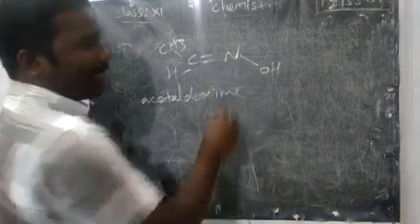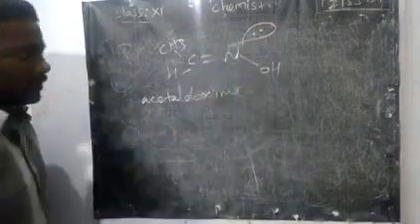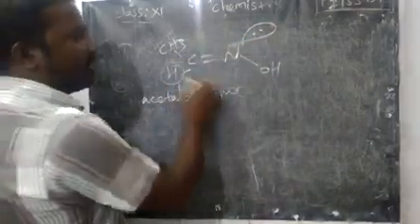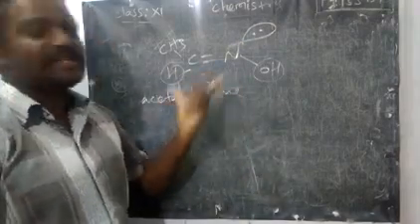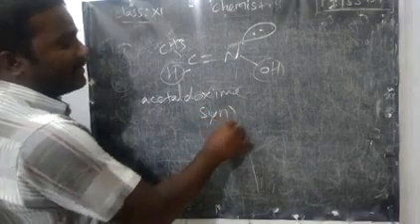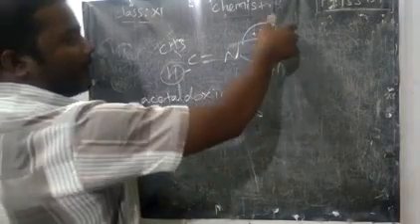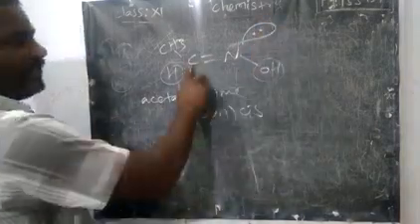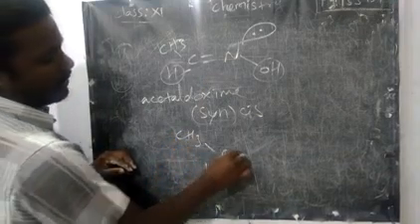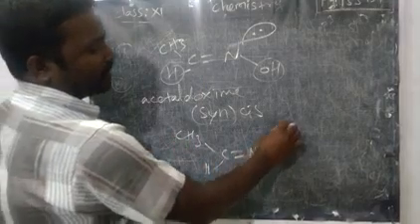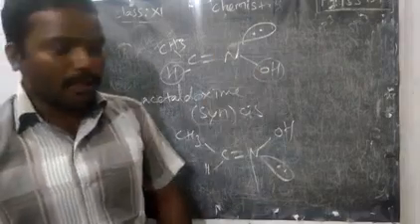Now there is a lone pair of electrons, which we can write like this. Now if the hydrogen and the OH group on the carbon and nitrogen double bond are on the same side, it is called syn. Syn is nothing but cis, like cis-trans isomerism. Because of this restricted rotation between carbon and nitrogen, it may have another isomer, CH double bond N OH group, with the lone pair electrons here. So this is called